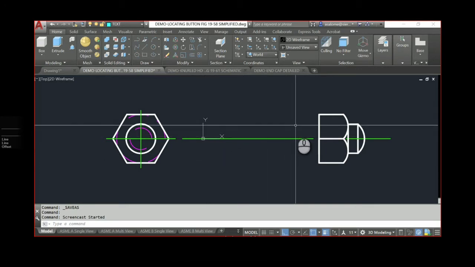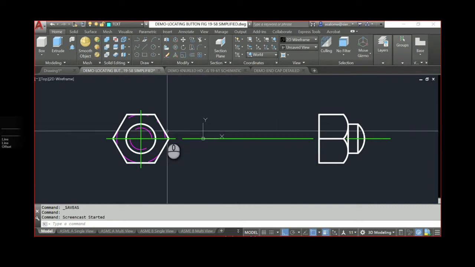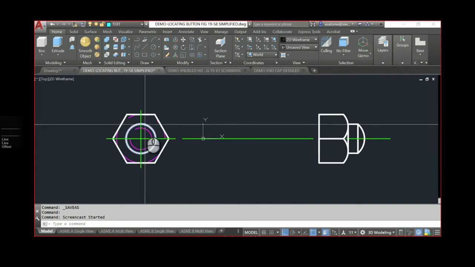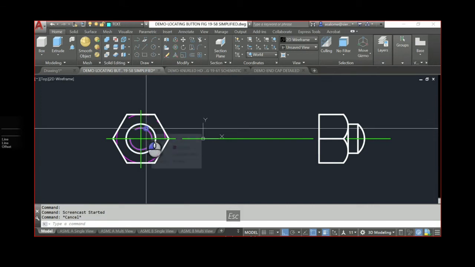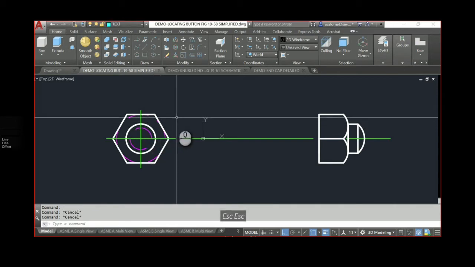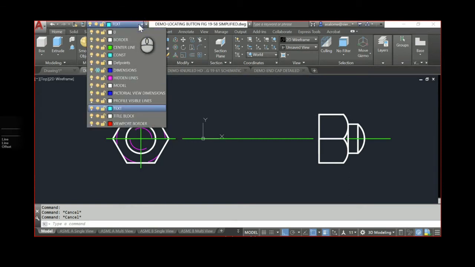Okay, so assuming that I have developed this correctly and used the correct diameter for my major diameter here and the correct diameter for my minor diameter here, I'm going to simply use that data to move it over to the other view.